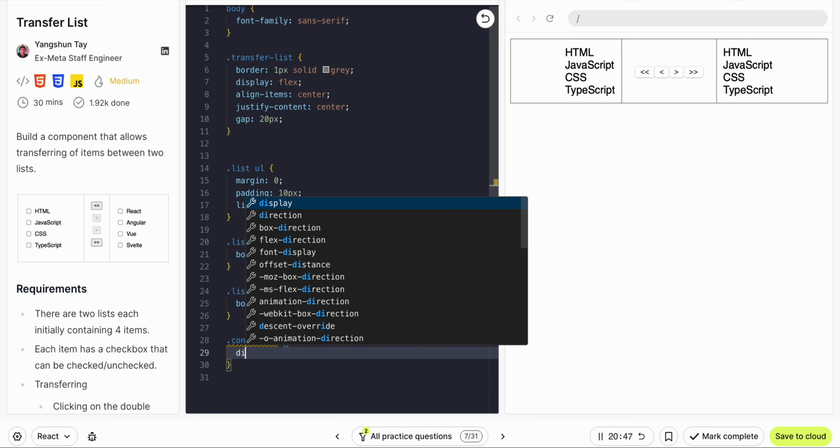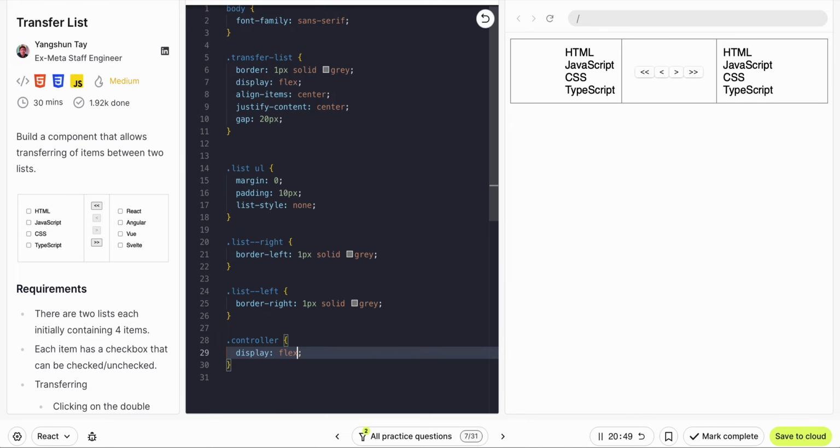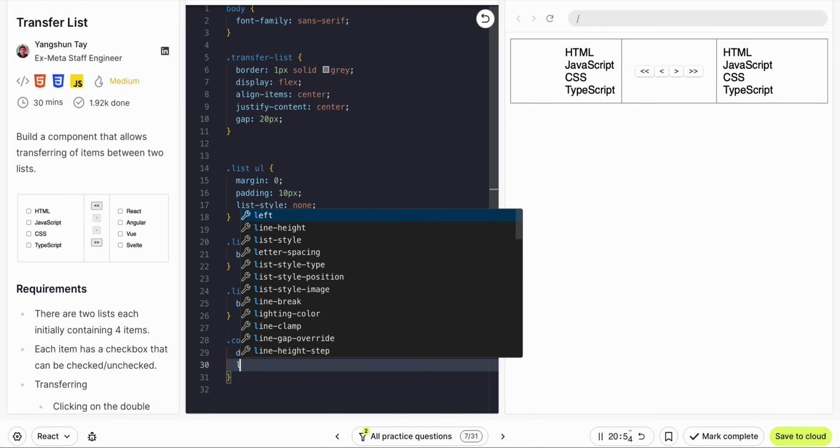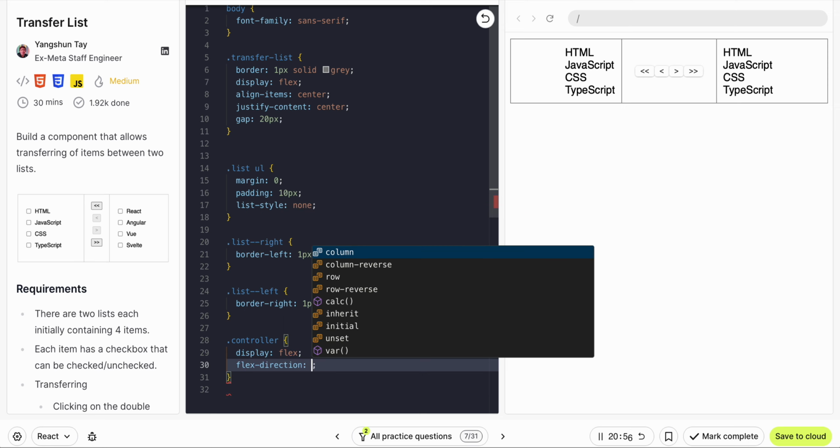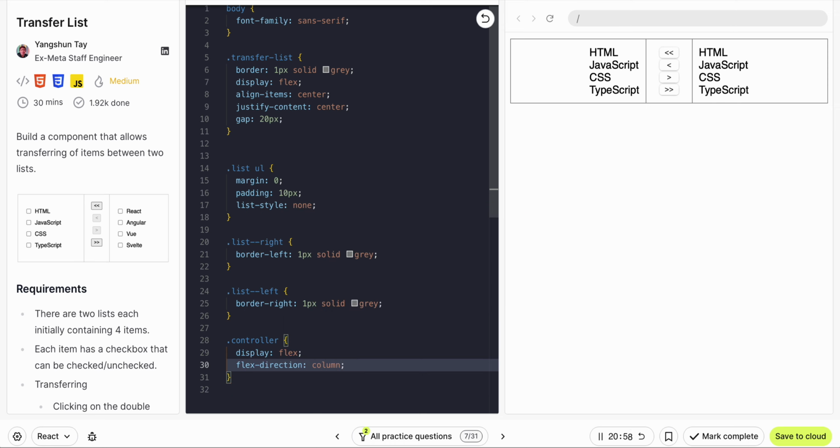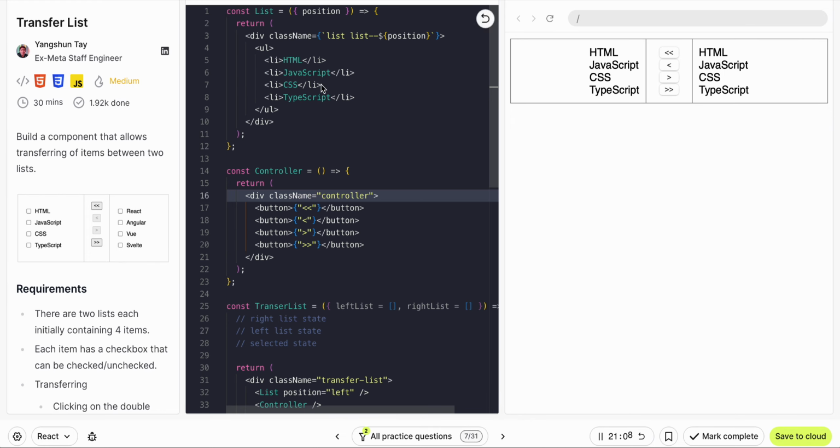Controller display next, direction should be column. That's it. So as this is done for the designing, and now we will have